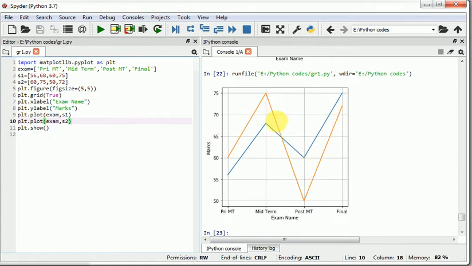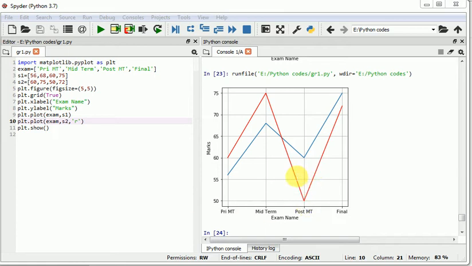If you want to change the color of this line, suppose I want to display the second in red, give the third argument, your color name. That's r I'm giving here, so it comes in red color. You can give m for magenta, y for yellow, b for blue, g for green. That color code you can use here.